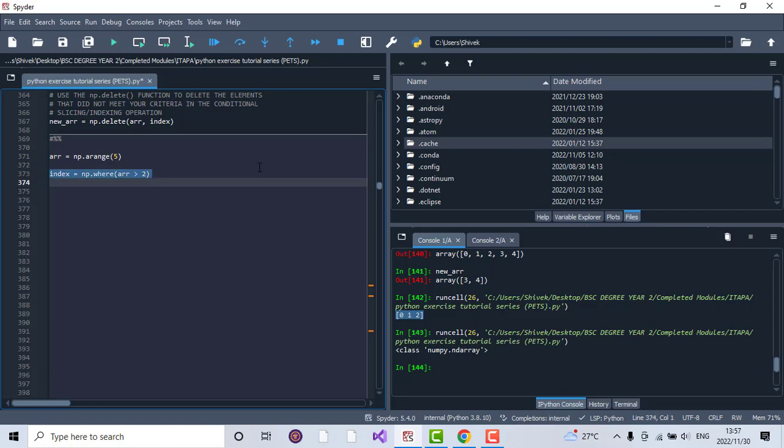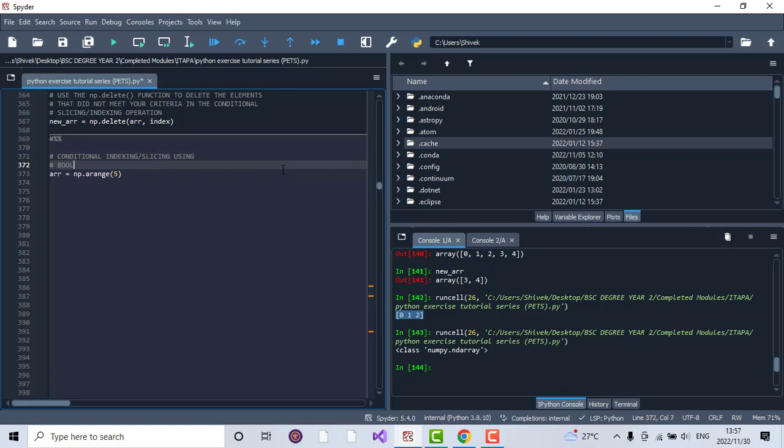So r is equal to numpy.arange(5). We are still on the topic of conditional indexing and slicing, but here